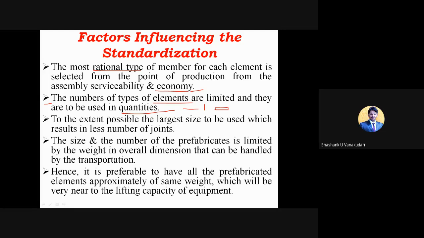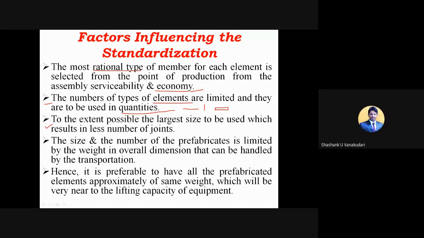So only a small number of types of elements are there, not like in the conventional, where C1 size will be different, C2 size will be different, and even by providing the orientations, it will get different. And then so many changes will be there in the conventional part, depending upon the design concepts. We are going to change that, but in the standardization the dimensions of the structural components will also be similar, so that is going to be helpful in mass production, right?